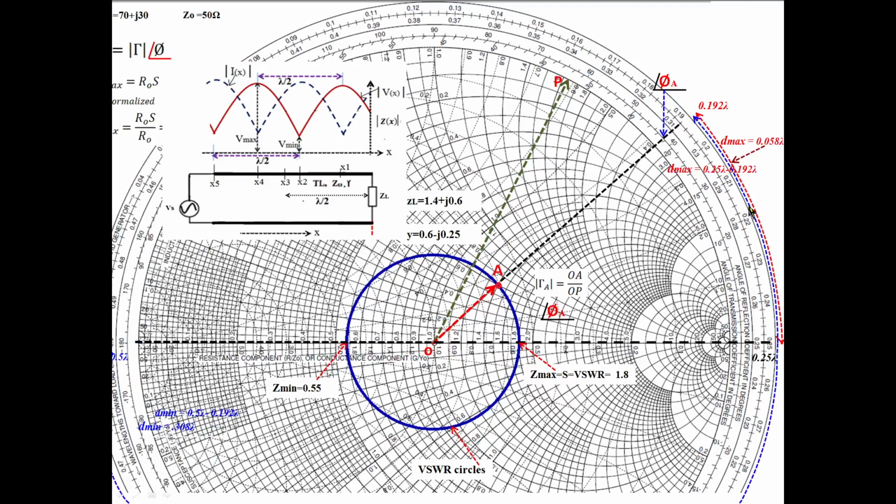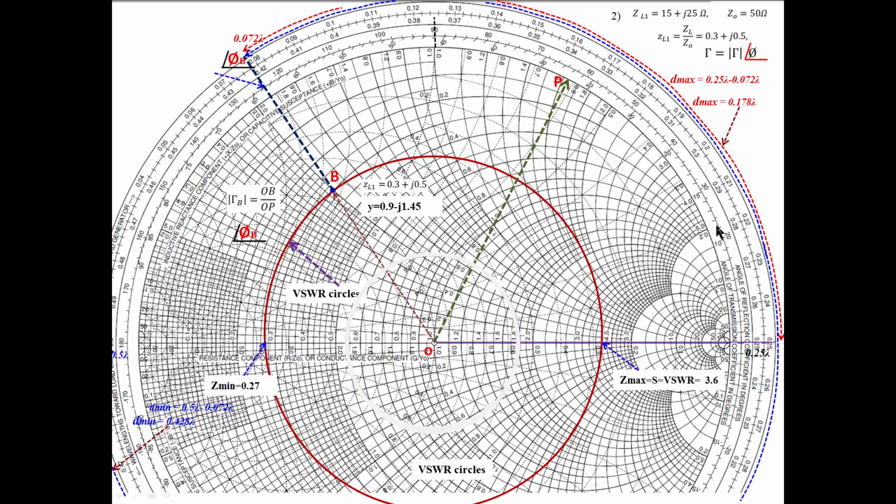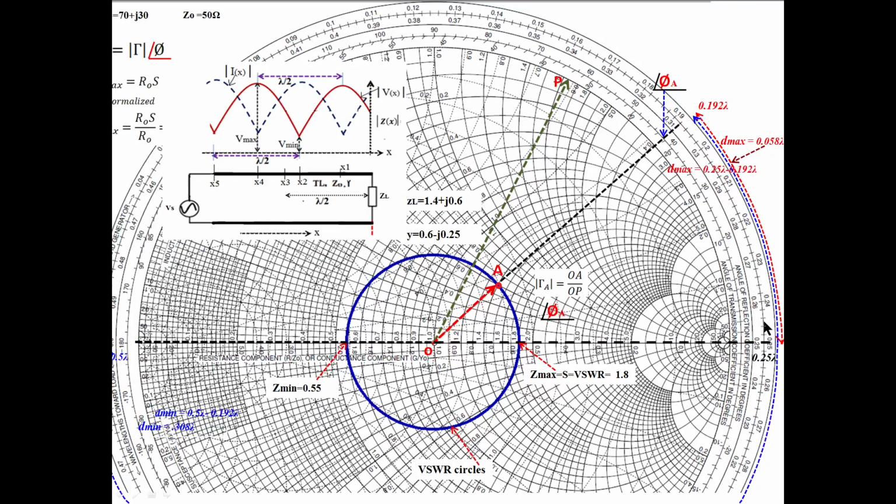See, like measuring from here to here. Similarly, for the minima, the distance from the load point up to this, whatever is there, you have to read. So we can read the minima distance and the maxima distance from the load position, and also the impedance value at that position. The distance is from here to here, and the impedance value at that position, whatever impedance you read here, is the maximum value of impedance.